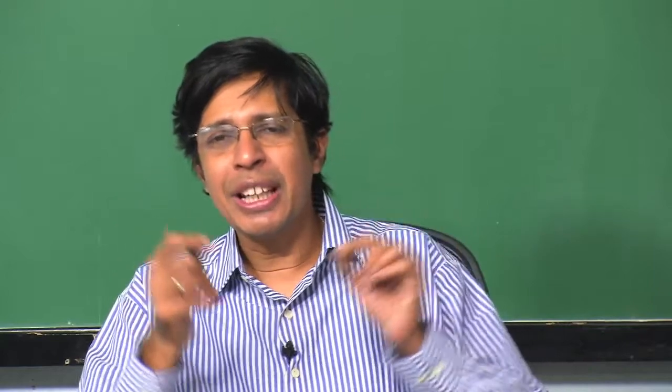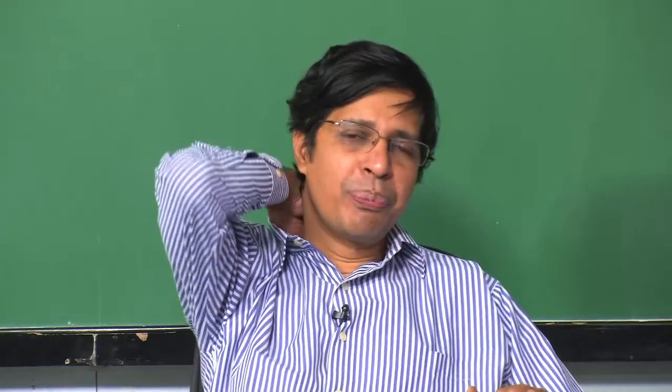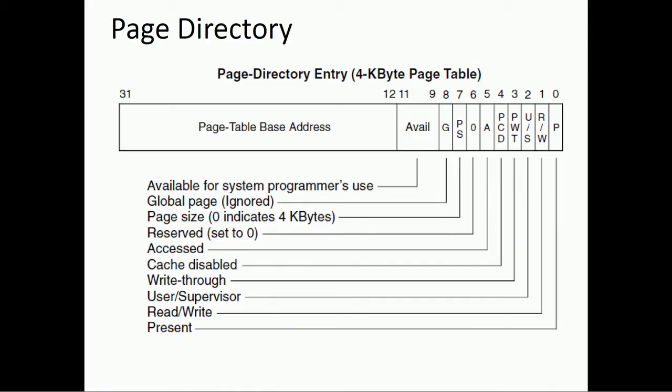So you do not actually get good granularity when we start looking at paging, but note that in paging, from a security point of view, we have already seen the page table entry. As you see here, there is a U bar S bit, which is bit number 2, and if you put it as 0 or 1, basically you can set or reset that bit. Basically you can allow PL0 code alone to go or any code to go. So it is a user/supervisor bit that we can handle there.